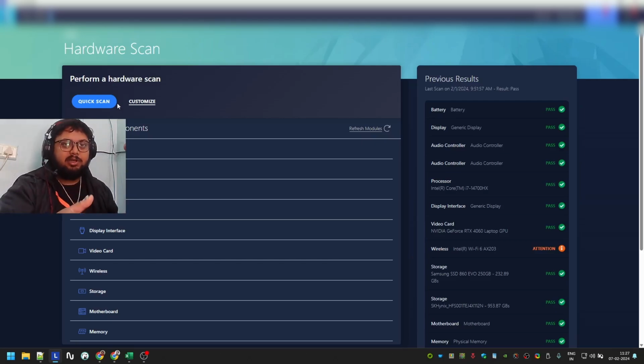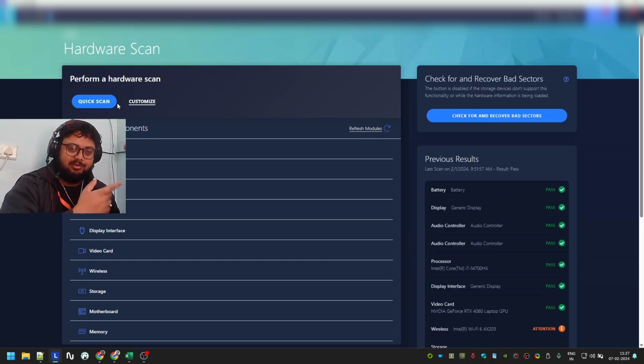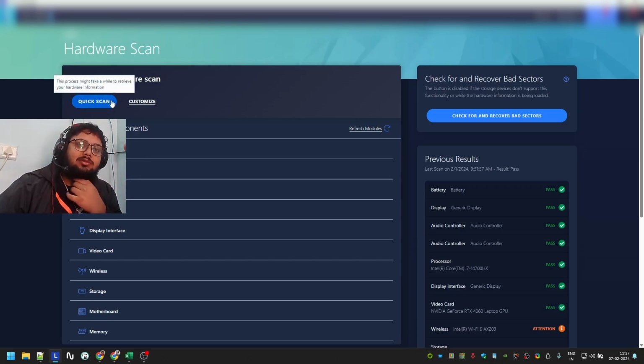Make sure you have not plugged in any external hard disk drive because that will slow this down. So if you do a quick scan, a code will be generated. You save that export log. Once you run it, it will say an export log is created. You save that export log and attach that also in that same mail.